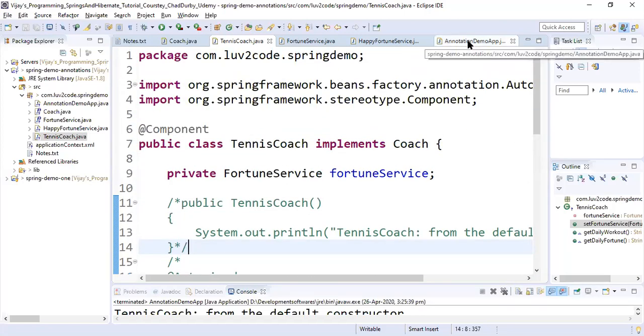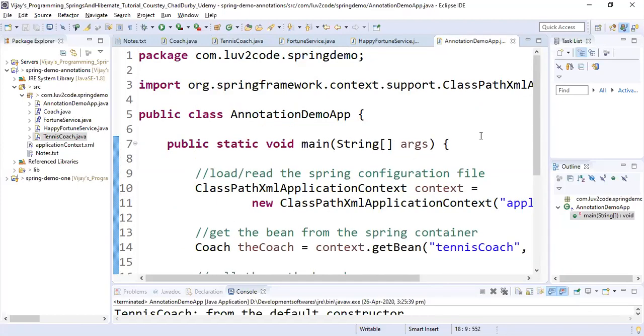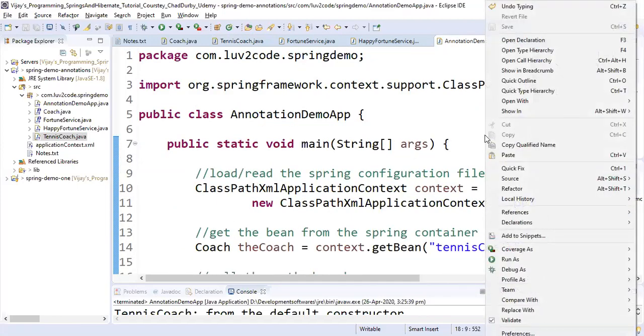Come to the AnnotationDemoApp, right click, run as Java application.